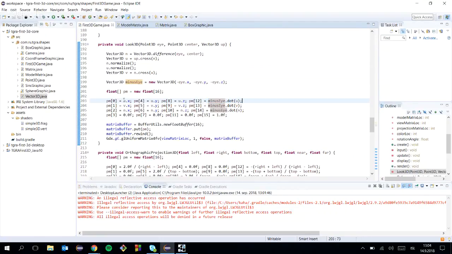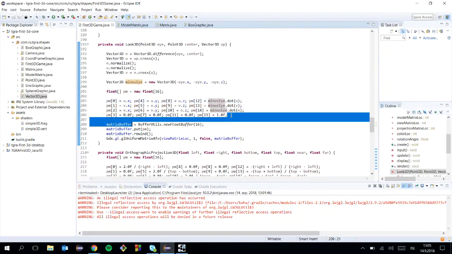Then we just set up the view matrix, and it's simply a matrix. The bottom line here is 0, 0, 0, 1. And then we have ux, uy, uz, and minus I dot u. Vx, Vy, Vz, minus I dot V, and Nx, Ny, Nz, minus I dot N. We're just loading into the matrix the way we said would work. The inverse matrix of a model matrix, kind of, but with the camera's coordinate frame. All right, when we've set up this matrix,